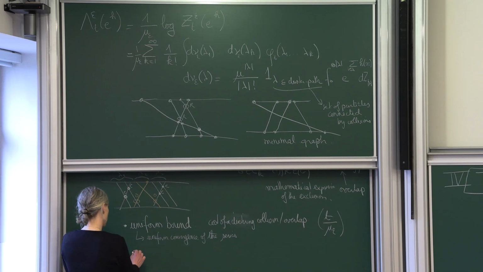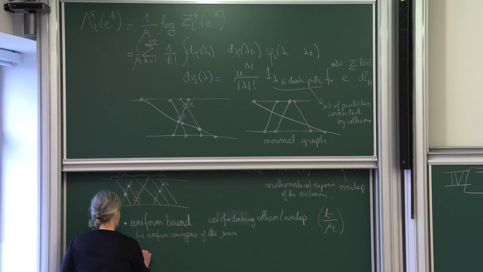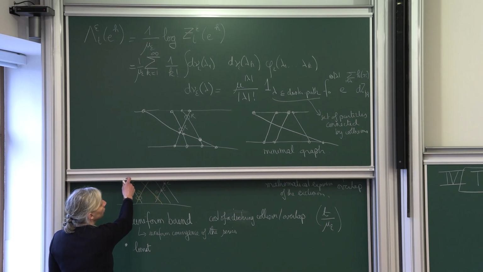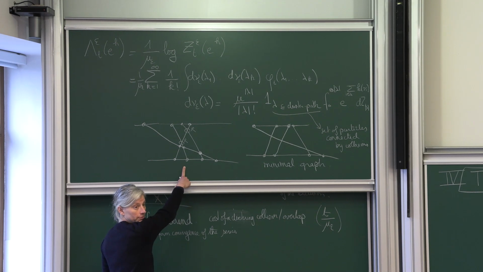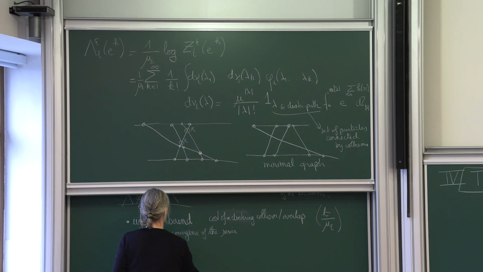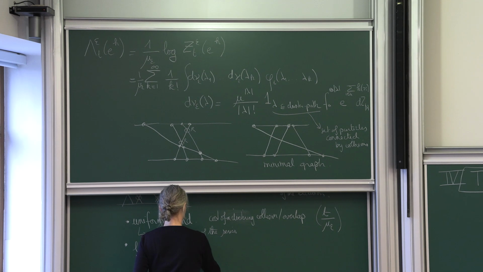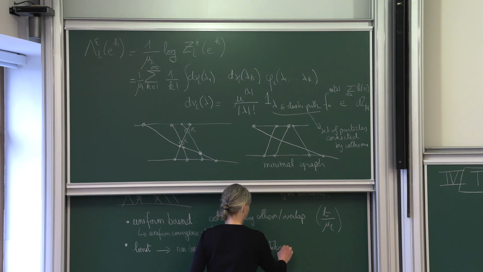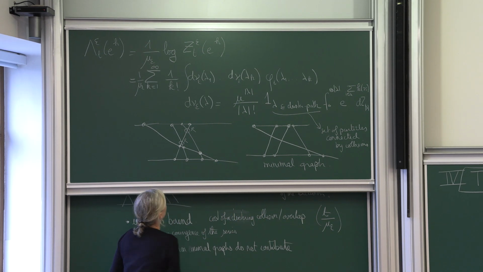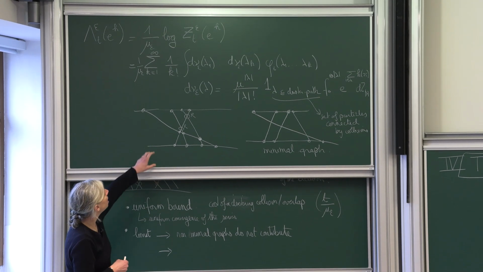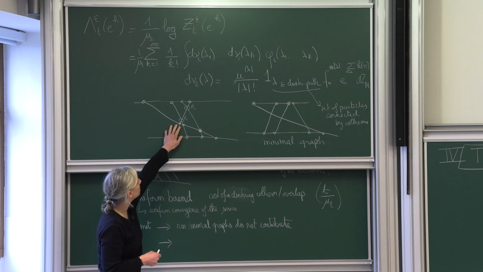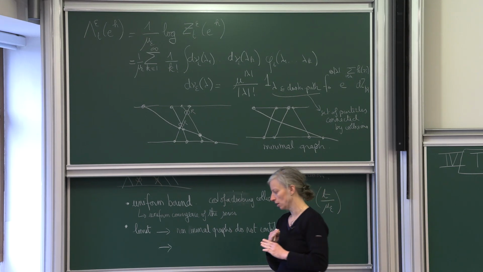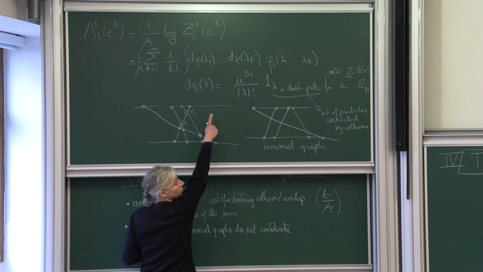Okay, and the second thing that we saw last time is that in the limit, so the first thing is that you can remove all non-minimal graphs. Okay, so that's the first thing. So non-minimal graphs do not contribute. So that's the first important ingredient. And then the second ingredient is what you can say about this collision or overlap. So now you have only the clustering ones, okay? And the way you can parameterize these collisions and overlaps, and then you end up with a singular measure here, okay? So